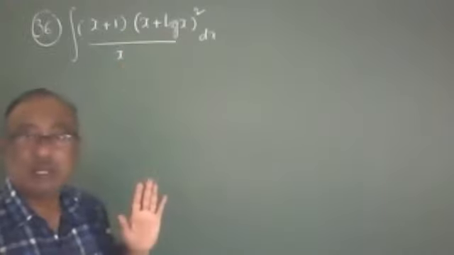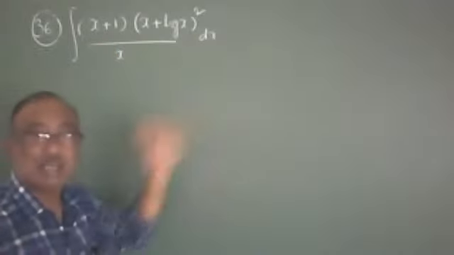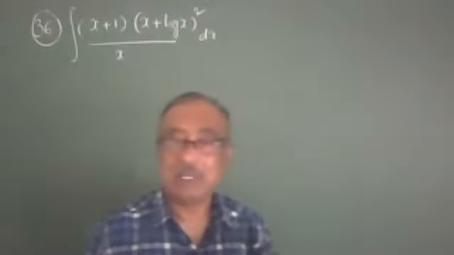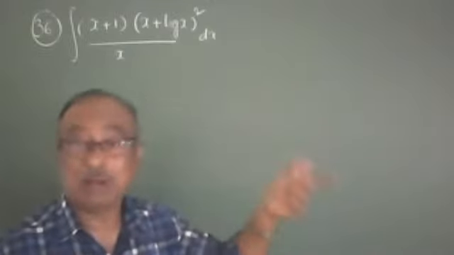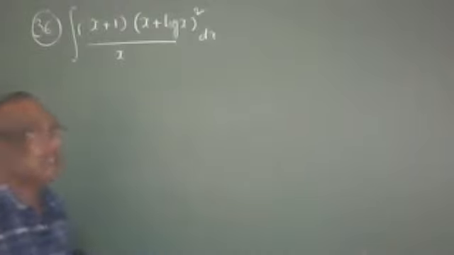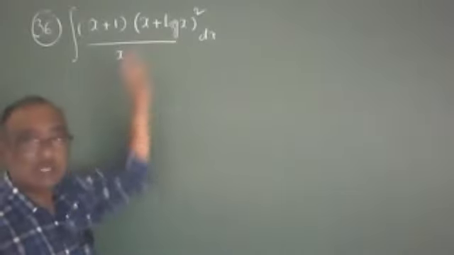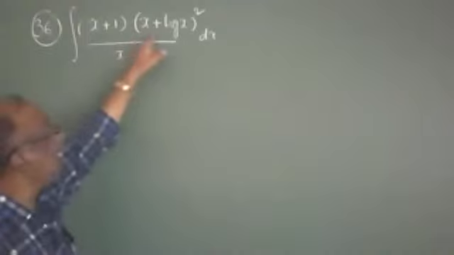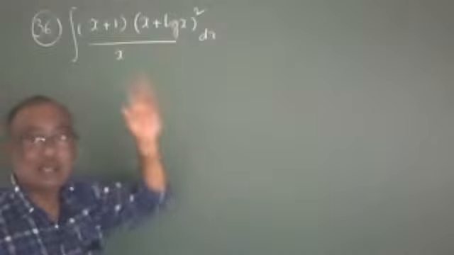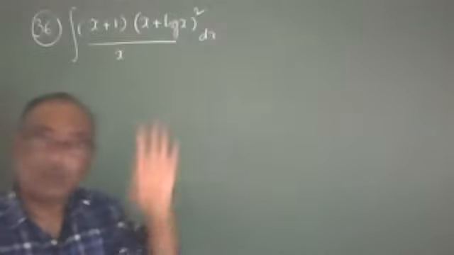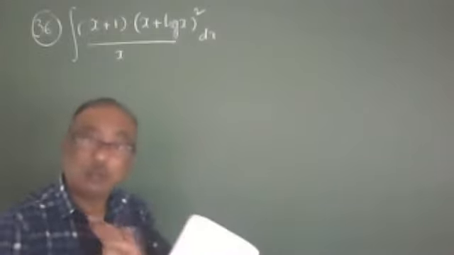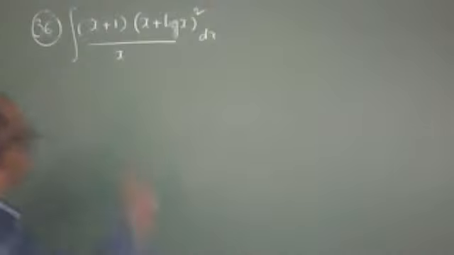We have the derivative 1 by x, but x plus 1 is not cancelled, and the extra x is not cancelled. Again, if log x is t, it should be converted into e power of t, and the problem will become complicated again. So we will not go through the complicated method. The total is what we should take: log x has its derivative, so take the total as x plus log x. Sir, x does not become 0, right? The derivative of x is 1, no problem. So take x plus log x.